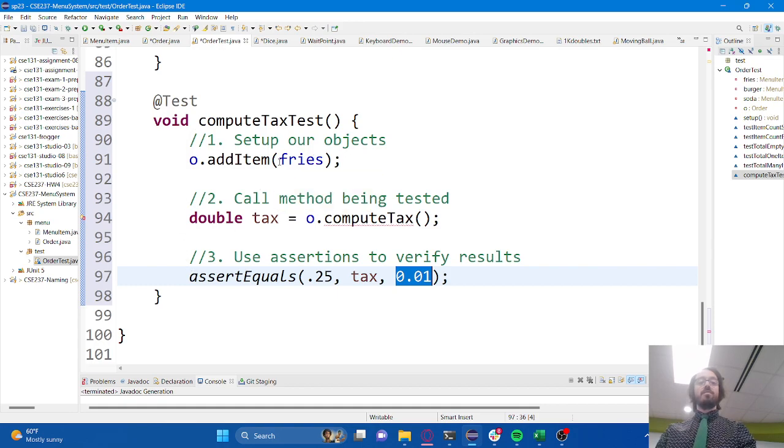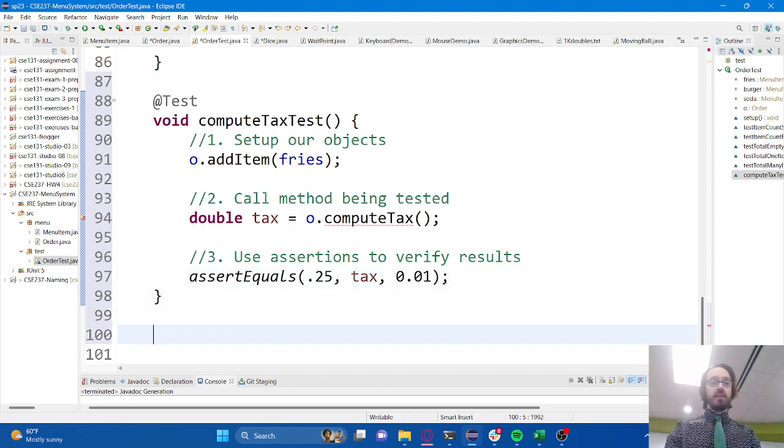I'd actually like to write another test before I try to implement this method. Because while the bare minimum number of tests for each method is 1, you can always have more. And I think usually it's very useful to have more than 1 test. So I was thinking of other situations that we might want to test, such as